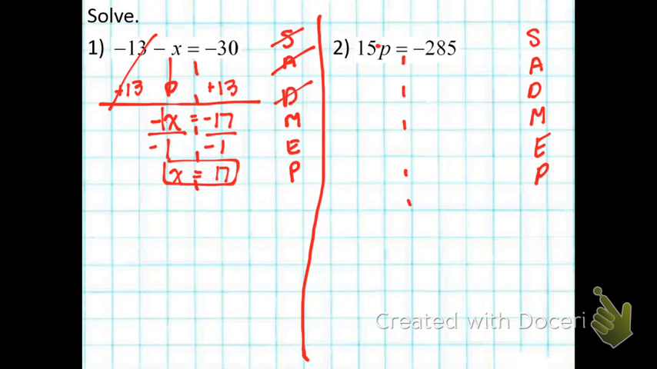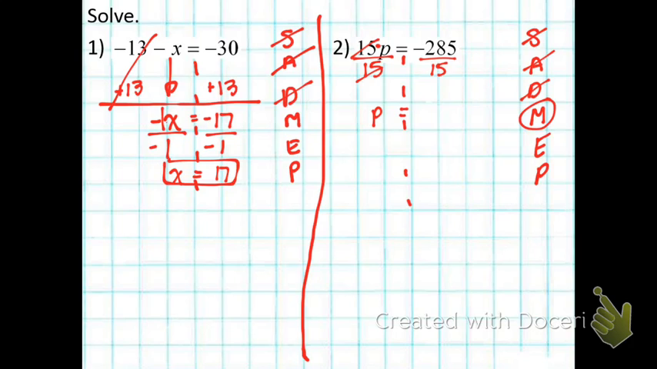Okay, and what do we just do? First thing we're going to do is subtraction signs. Are there any subtraction signs? Nope. Are there any addition signs? Nope. Any division signs up here? Nope. Any multiply signs? Yeah, there's multiply by 15. So what's the opposite of multiply by 15? Divide by 15. So I'm going to divide both sides by 15. On this one now, 15 divided by 15 cancels out, leaving just p, is equal to